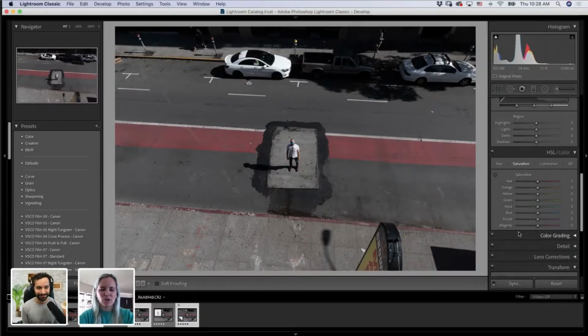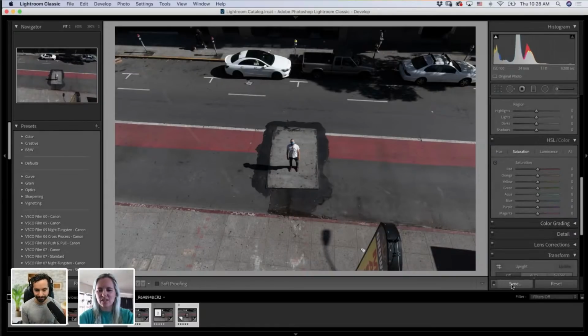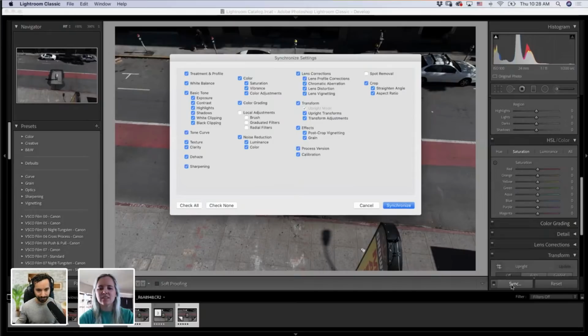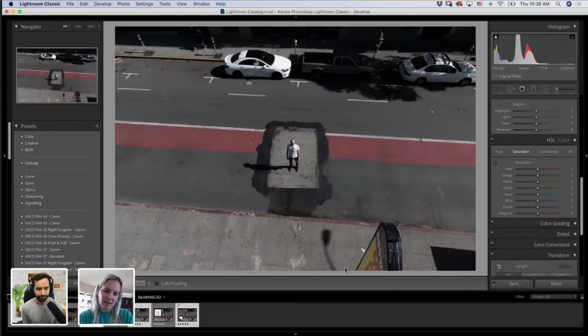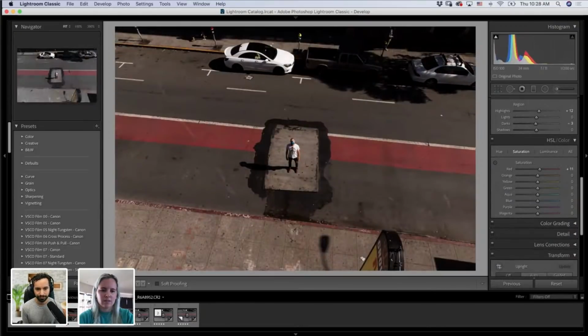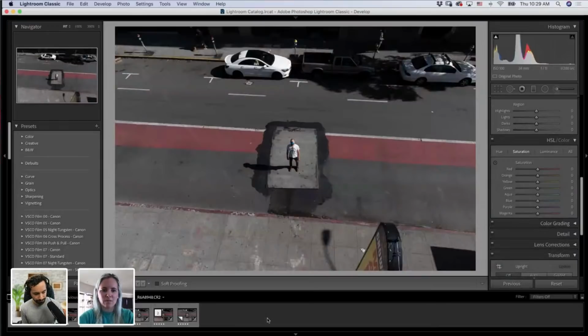So I just chose the second image in our virtual copy, and I'm just going to sync those, knowing that I liked that edit. So I just want to make sure that we affect the ones that we affect. So there we go. So now we can go back into a black and white edit, and I'm very curious